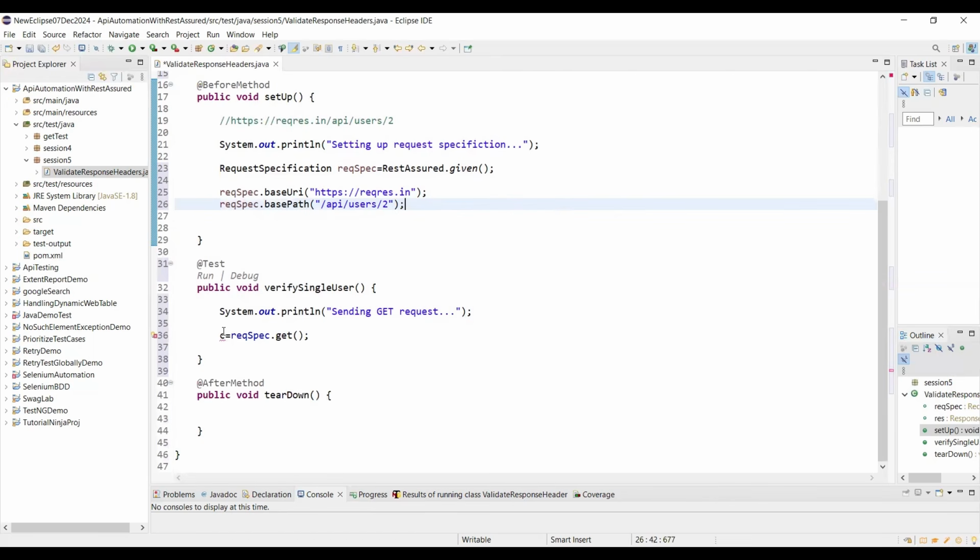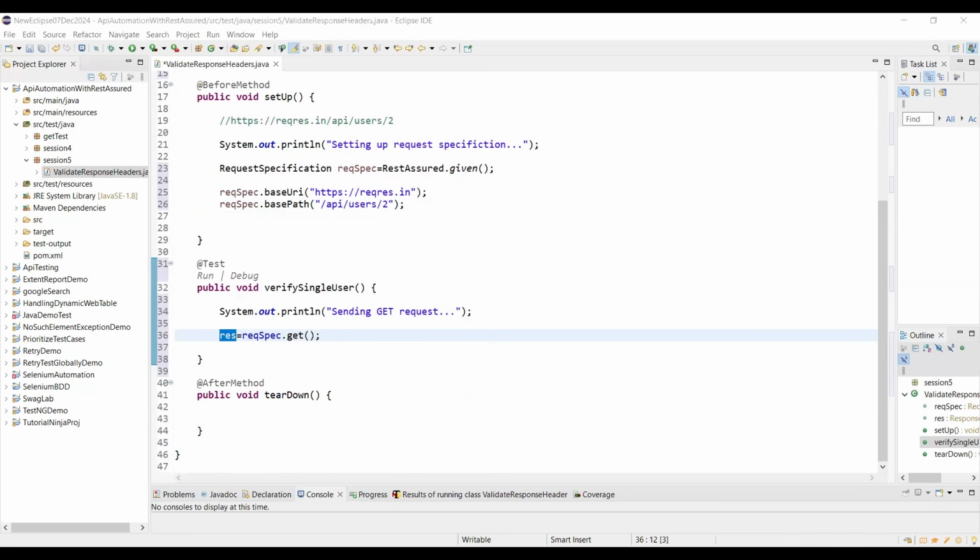What next? Here, we will be getting the response and we are storing it into RES. So what next? Here we are going to